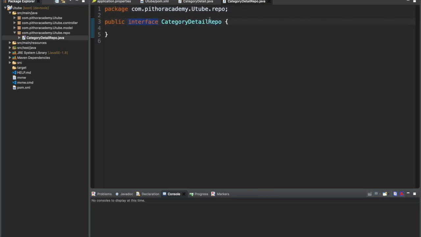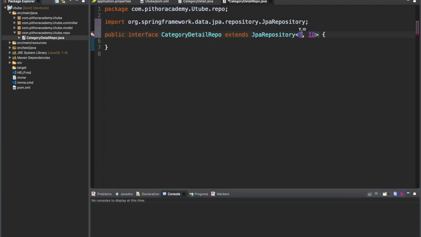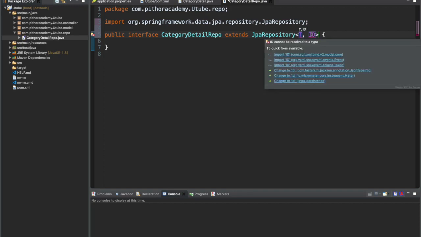So this is an interface because we are using JPA repository here. So we will create one interface that is category detail repo, and it will extend JPA repository. Here we have to define the type and the data type of the ID field.